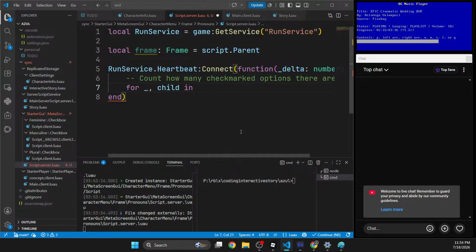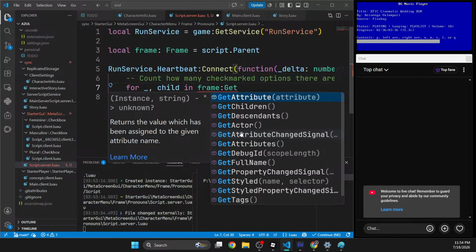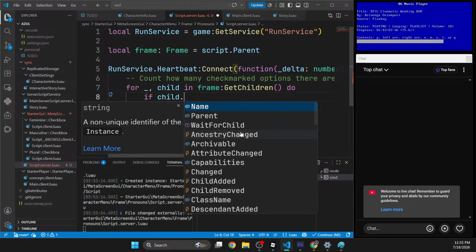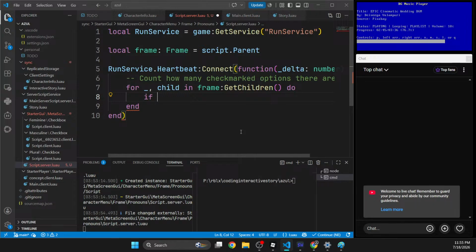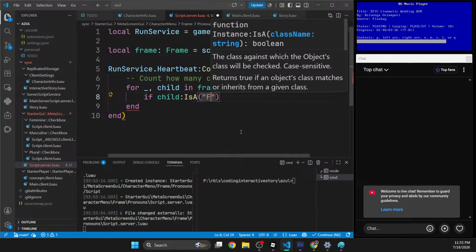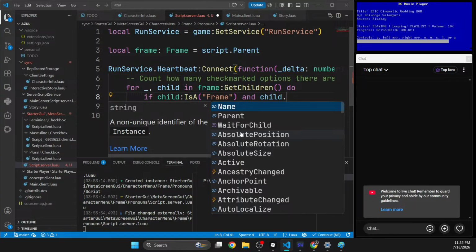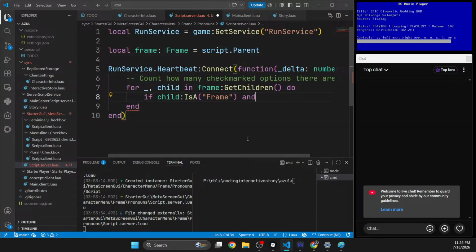And so for _, child in frame:GetChildren. Just get children. And if child is a frame and child dot, never mind. Okay, it is a frame, right? Never mind. If it is a frame, then